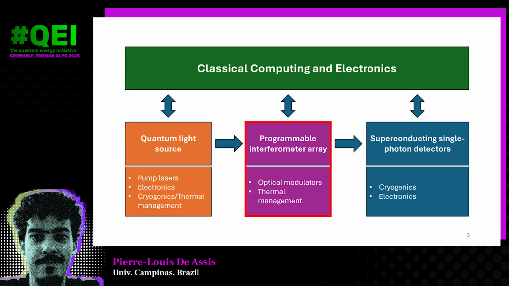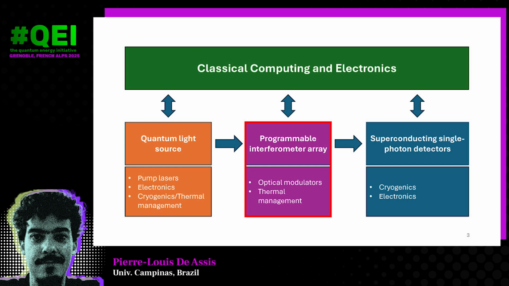So what would a full stack photonic computer look like? You need, of course, a classical layer to coordinate and control everything. You need your quantum light source, your programmable interferometer array, and your detectors. I'm not going to evaluate the cost of these parts, because this is a cost that mainly depends on your time to solution. So how long does it take for you to actually get your solution? I'm more interested today in discussing this, which is a fixed cost that you pay when you program your photonic